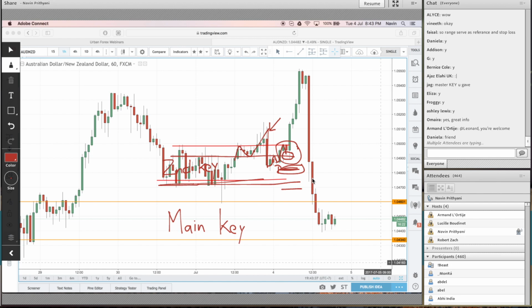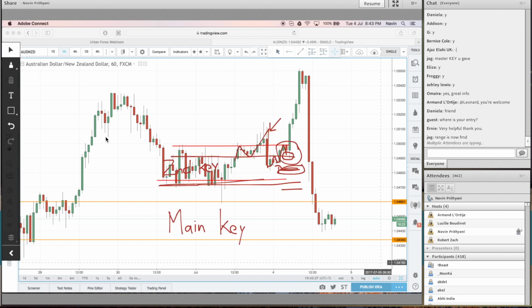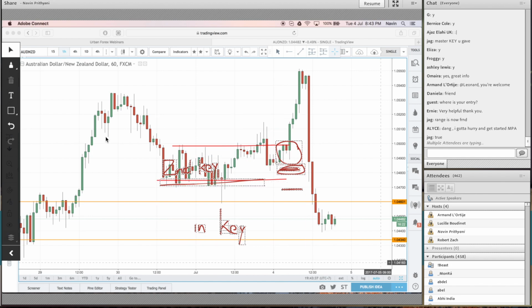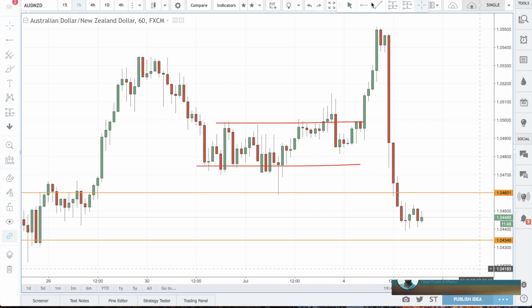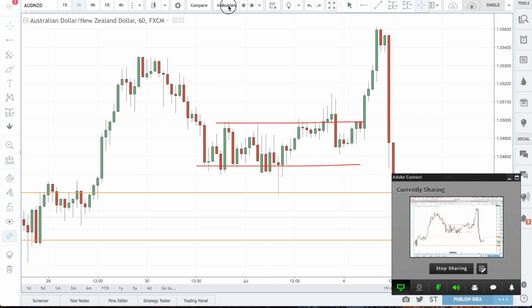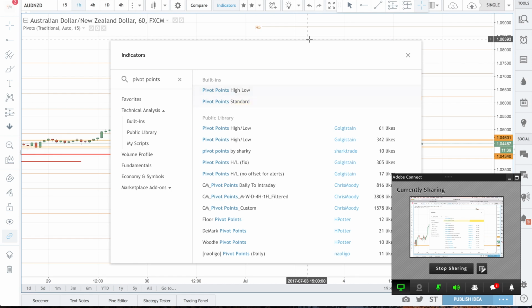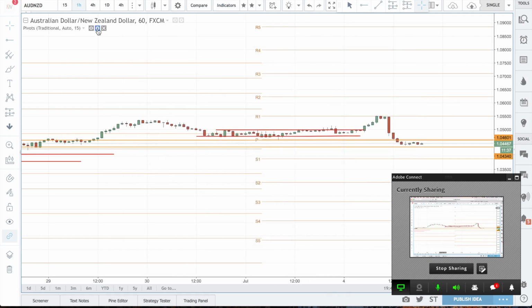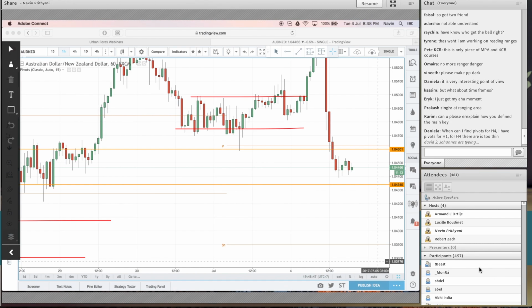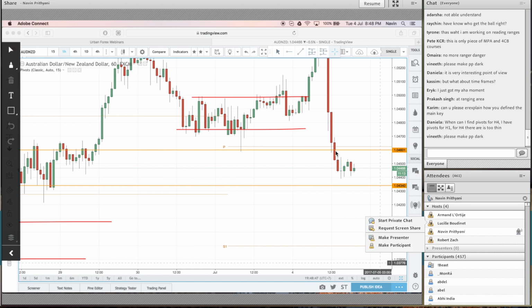So you might think the trend is your friend. Well, I think the range is your friend, because ranges happen more often, and if they happen more often, then you need to listen to the ranges and learn to use them. They're very, very important. Now, shall we use all this information on pivot points? I want you guys to tell me at what point pivot points are necessary. Everyone with me so far?